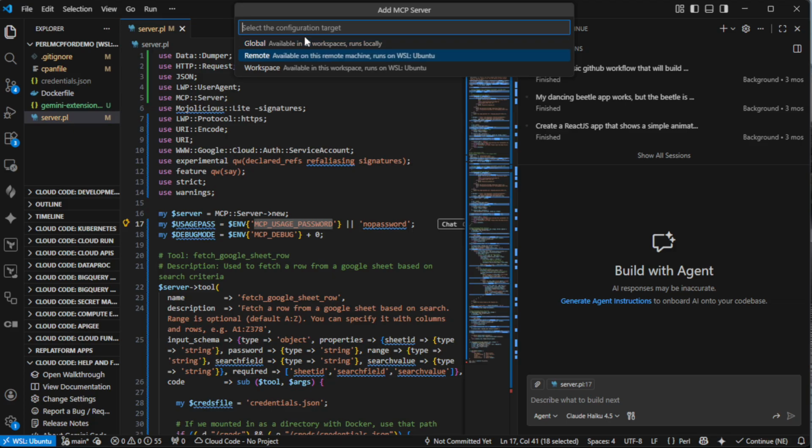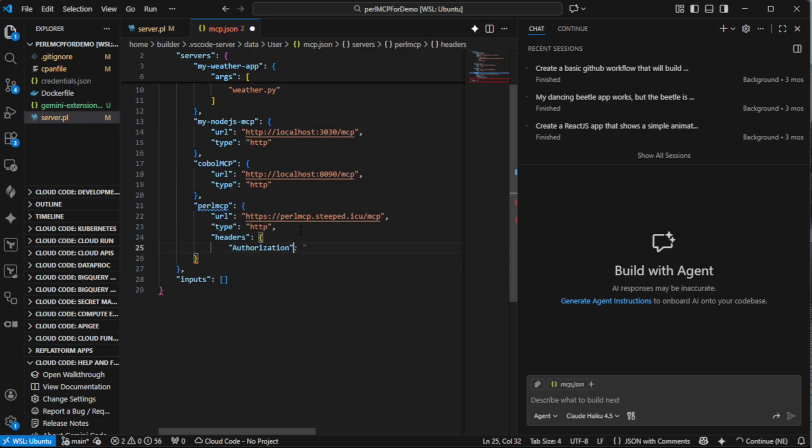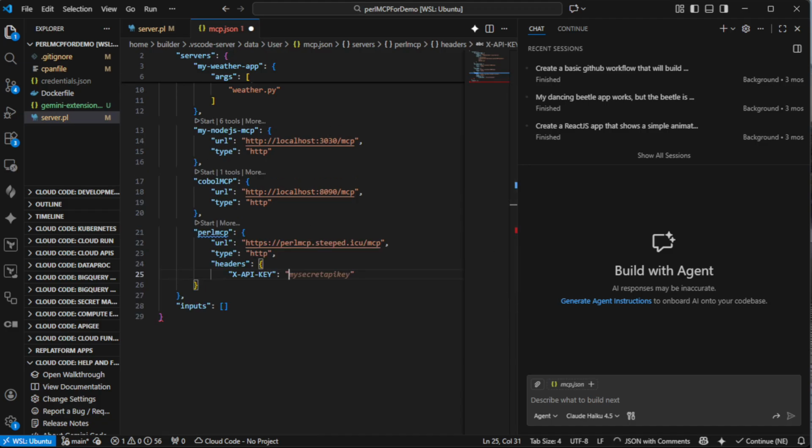I find Windows gets a little funky. Let's see, it creates an entry here. But we're kind of missing a little auth bit here. It's not going to work without that auth API. What we're going to want to say here is type HTTP is correct and the URL is correct. What I need now is headers. For headers, it's X-API-KEY in all caps, not that I know that matters, and I'm going to give it that same value I did before,